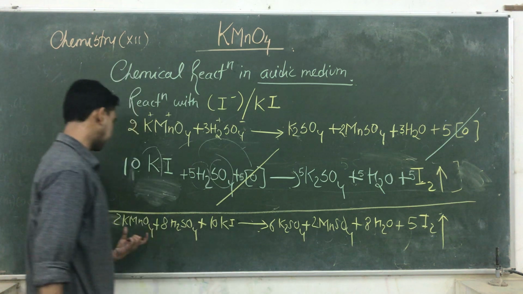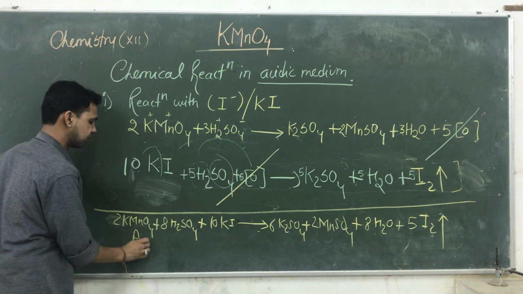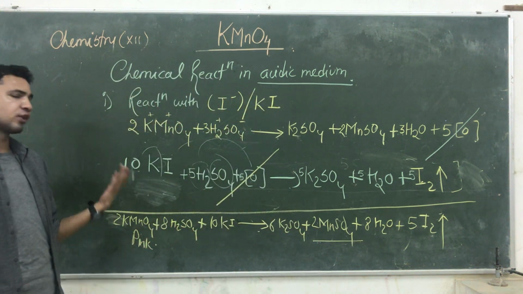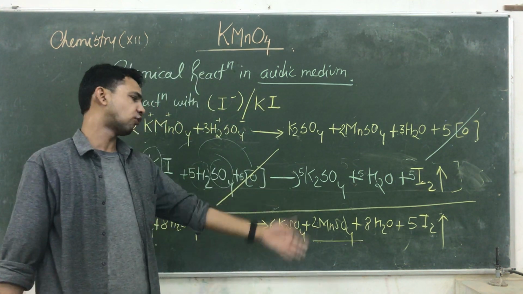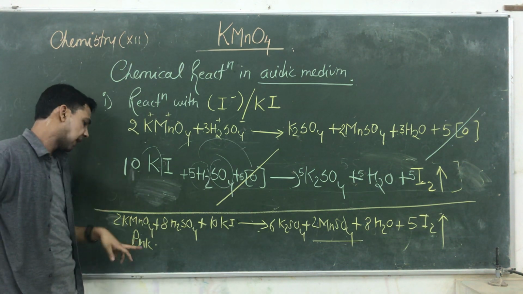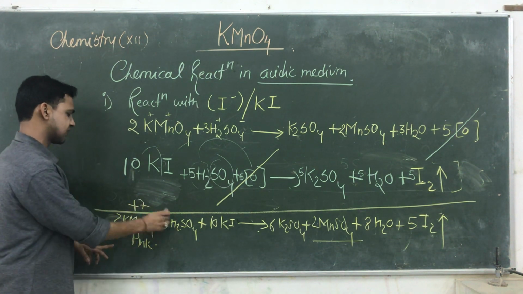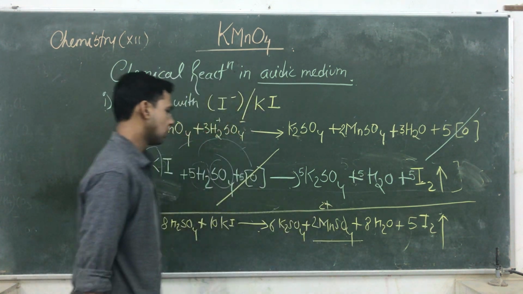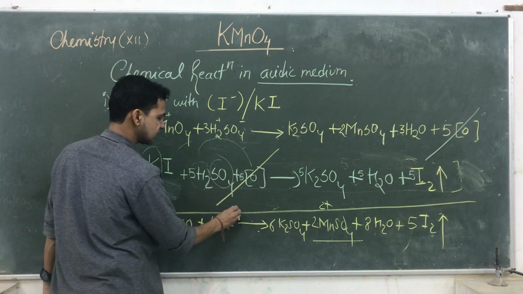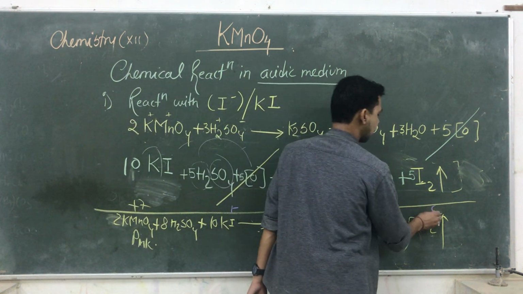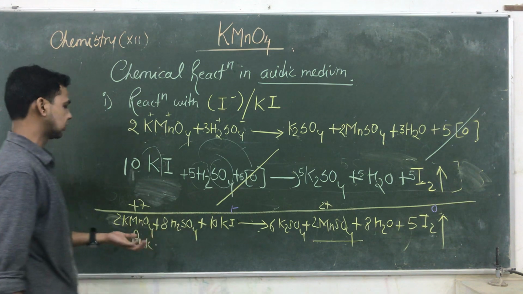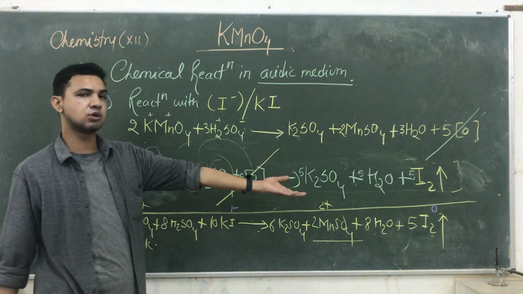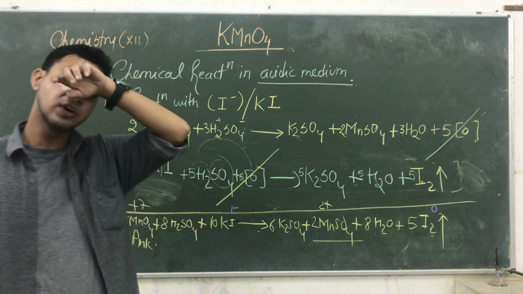So here also the pink color of KMnO4 disappears after the reaction due to the formation of MnSO4. तो यहाँ पे जो KMnO4 का pink color है वो disappear हो जाता है due to the formation of MnSO4, because in KMnO4 the oxidation state is +7, but in MnSO4 it is +2. Okay, and before the reaction iodine oxidation state is -1. After the reaction iodine oxidation state is 0. तो ये redox reaction है because +7 is converting into +2, it's a reduction, and -1 converting into 0, it's an oxidation. So that reaction is a kind of redox reaction.